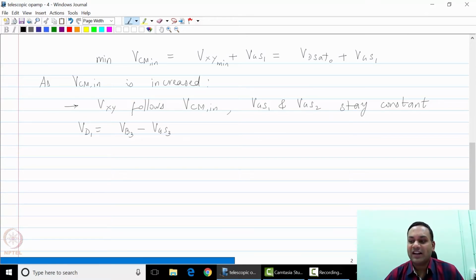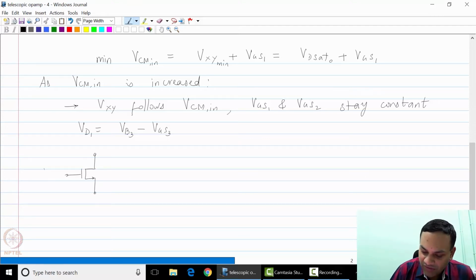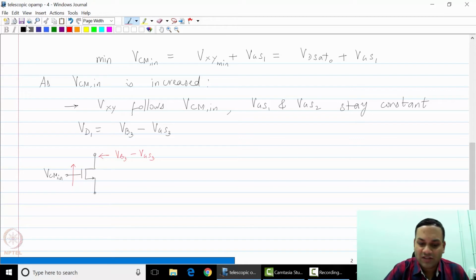Please note that because the current stays constant, VGS3 also stays constant. Now, for M1, the gate voltage VCM in is increasing, whereas this is constant at VB3 minus VGS3. So M1 enters triode